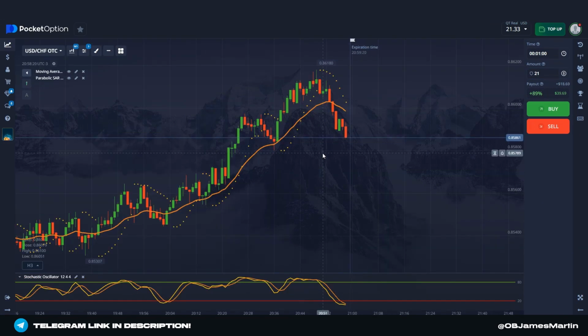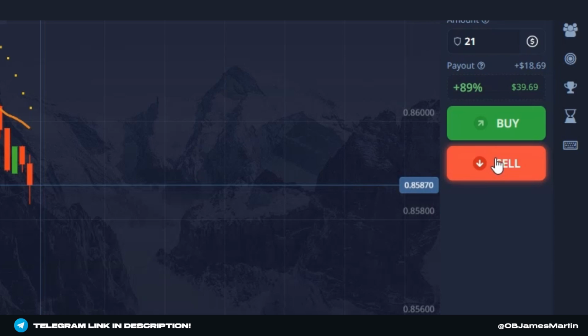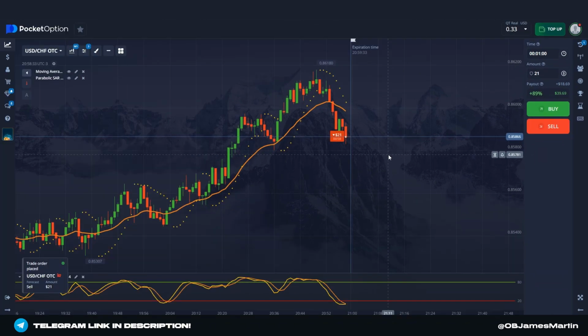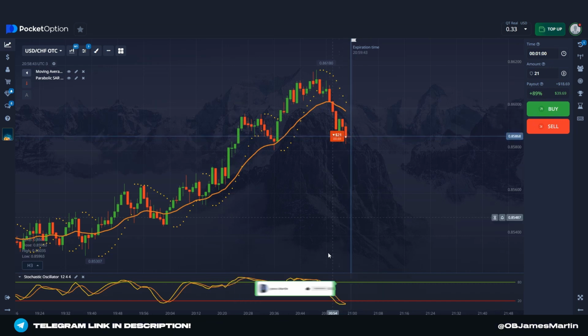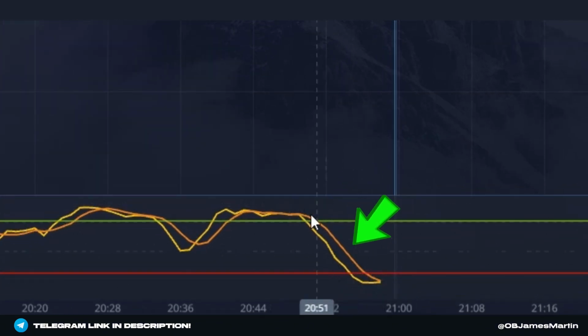And so I see another signal right here. You see this example? I think after a short explanation, you already understand what I'm going to do. The expiration time is 1 minute again, and my trade is that the price lowers. Everything is the same as in the last signal. I checked 3 indicators, found 3 good details for the signal, and now I'm just waiting for the results. I want to use price action with the candles.